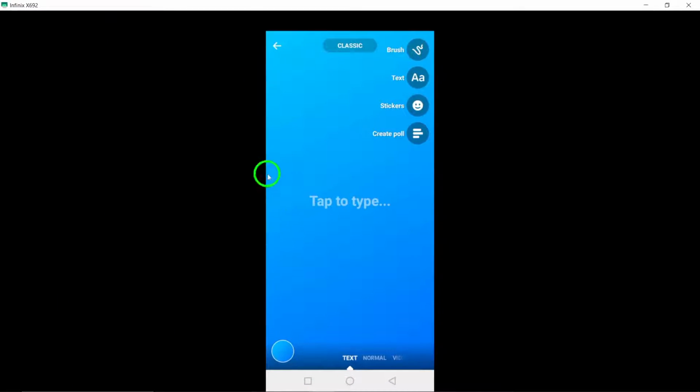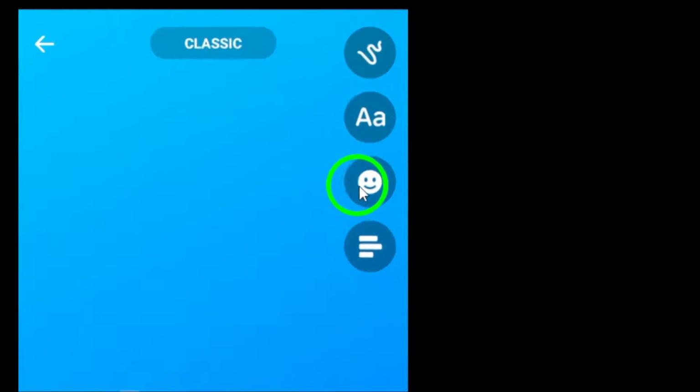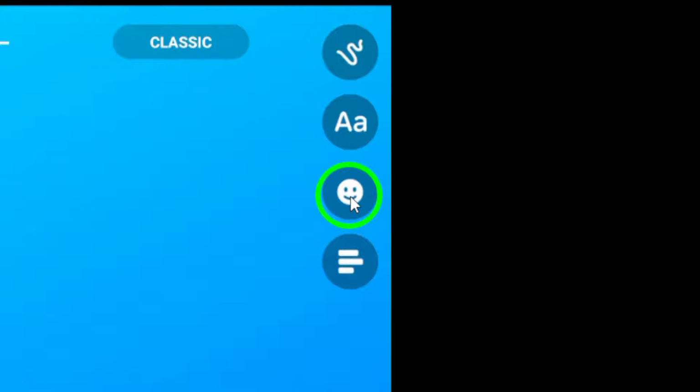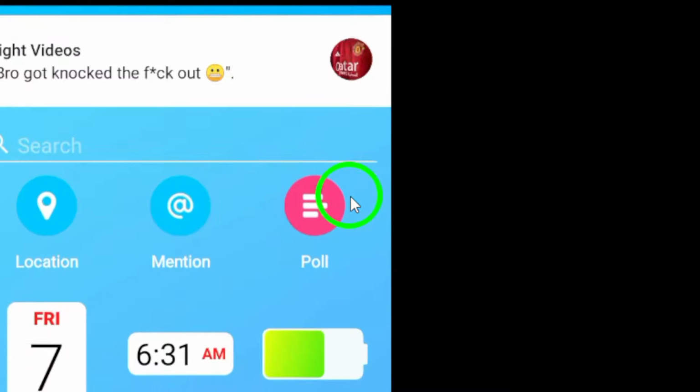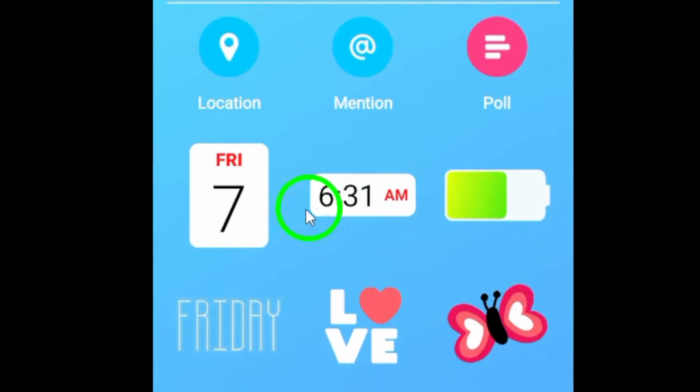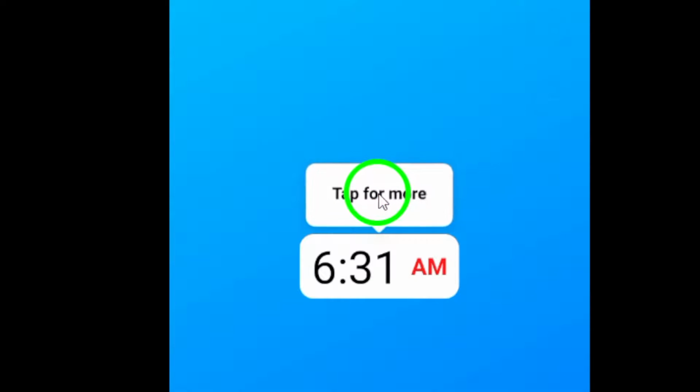4. Tap on the text icon positioned in the top right corner of the screen to introduce text elements into your story. 5. Next, tap the sticker icon on the right side to explore various stickers and icons for your status. 6. Locate and tap the time icon to insert the current time into your status, providing a real-time reference